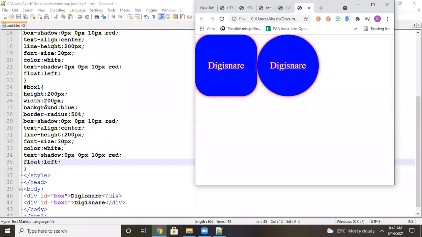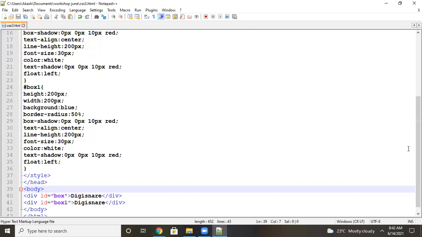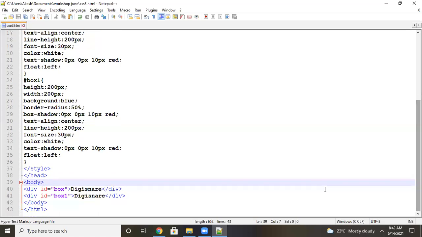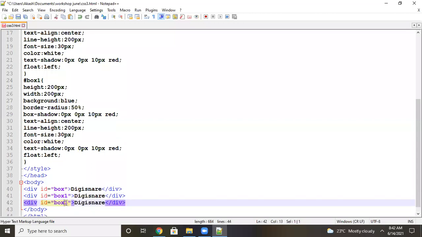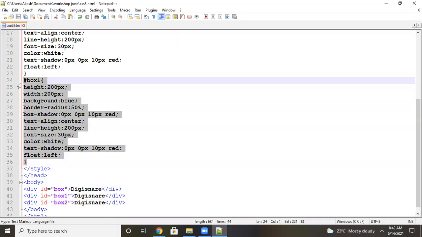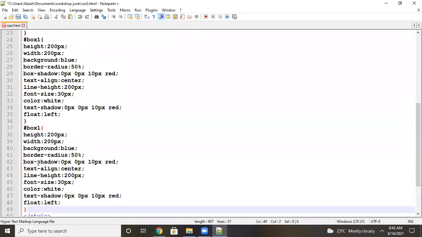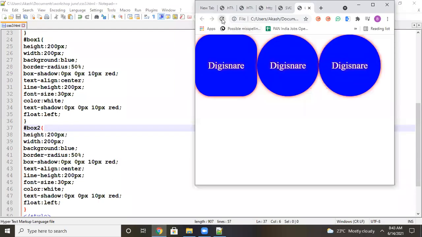Okay, somebody asked yesterday about the animation property, like how to animate. Let's see, I will give you that example also. For that, I will take one more box here, Box 2. I will take the same properties here. Anyhow, it will look similar right now, but I will integrate animation here. Okay, third box.